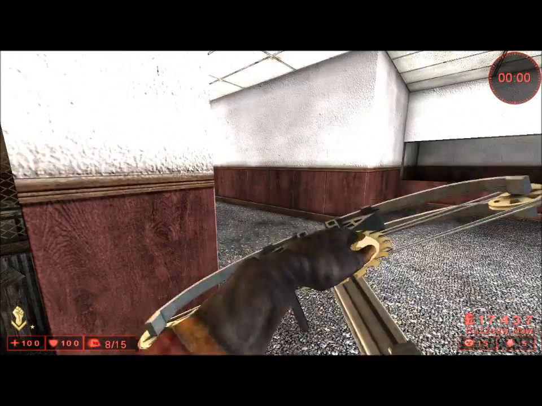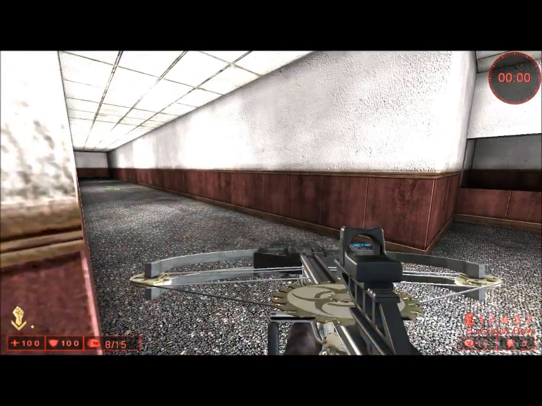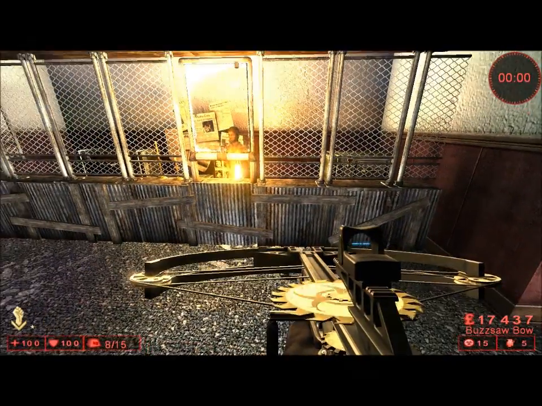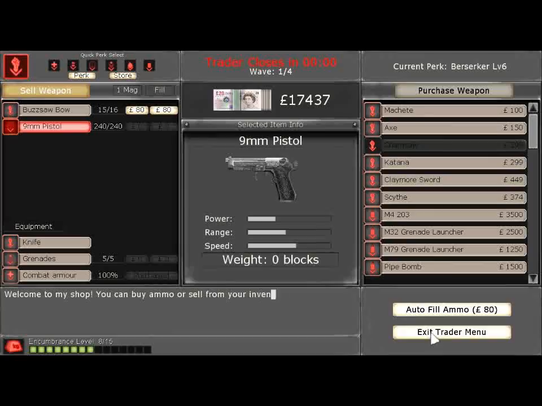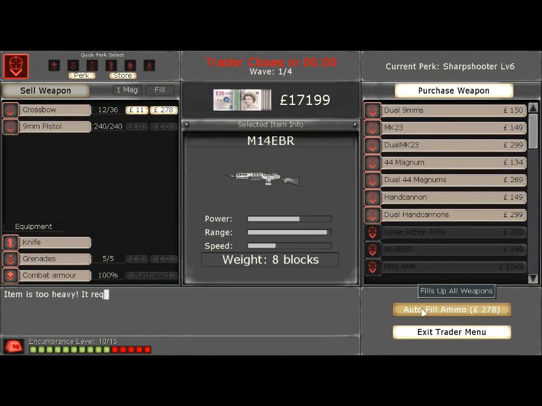So it is a crossbow in every single way that the crossbow acts for the sharpshooter. Now let me show you the crossbow in comparison, for the sharp. If I take a crossbow here,